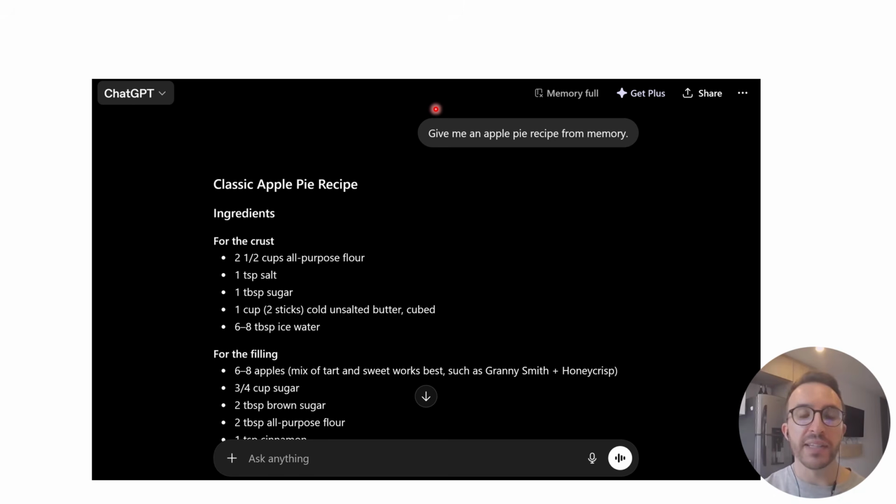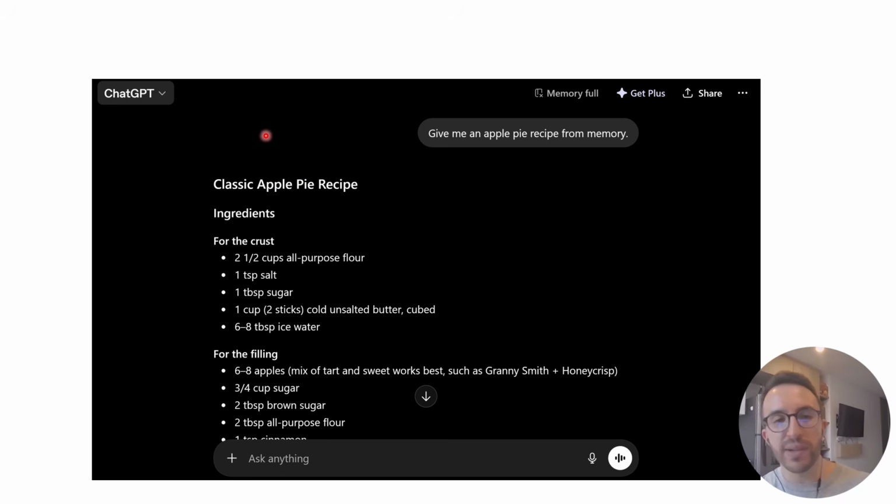So basically, you initiate a chat and you say, give me an apple pie recipe from memory. That gets fed into the next word predictor, and the predictor says that the most likely next word is classic. Then you feed the entire sequence again to the network. Give me an apple pie recipe from memory, classic, and the network predicts that the next word is apple.